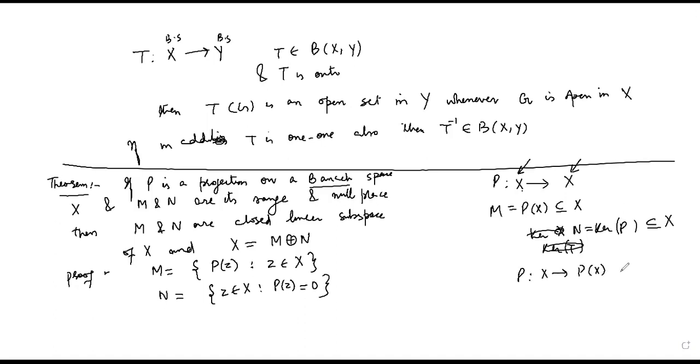तो यहाँ पे मैं ले रहा हूँ Px which would be contained inside X, right? Okay, because in this case it would be an onto map. Now it's a projection, so it's an onto map to this subspace, and of course it has those properties. It is linear, idempotent, and continuous. तो वो सारी चीजें इसमें है क्योंकि मैं कह रहा हूँ प्रोजेक्शन है. Okay, now we have to show that since P is linear,